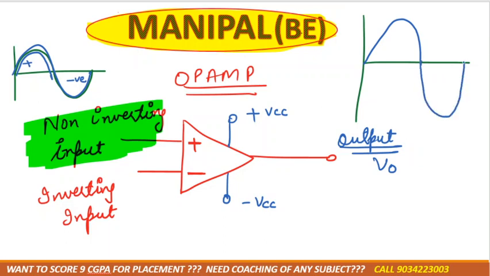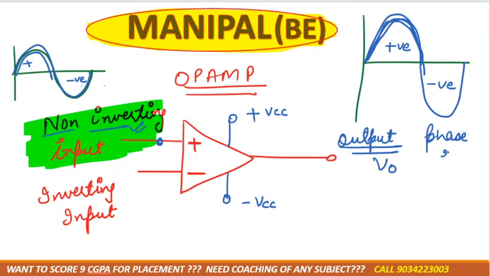Then in the same phase, in the output we will get positive cycle and negative cycle. But what is the change? There is a change in the amplitude, the magnitude. It means the voltage is connected to the non-inverting input. Non-inverting means phase is same. Okay, phase remains